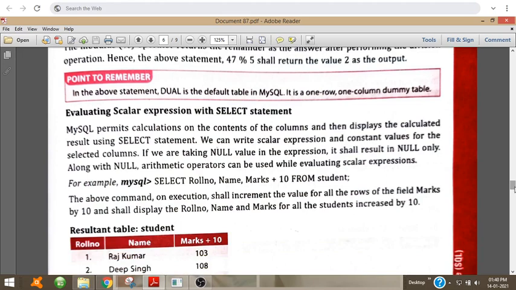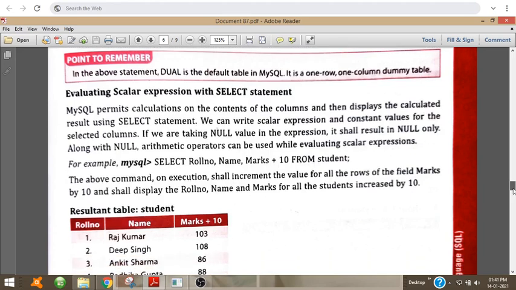Then we can evaluate the expression in the select statement. Scalar operators can be used in the select statement. So SQL permits calculations on the content of the columns and then displays the calculated result using the select statement. That is, on the columns we can use